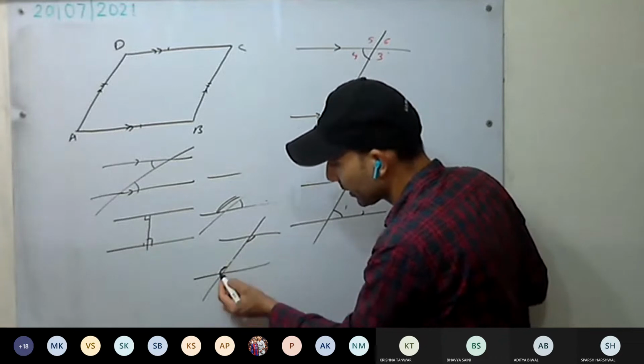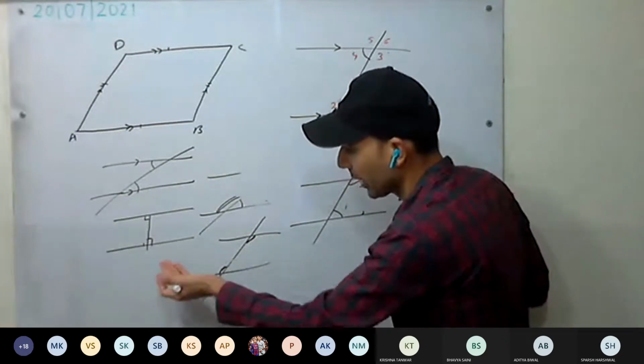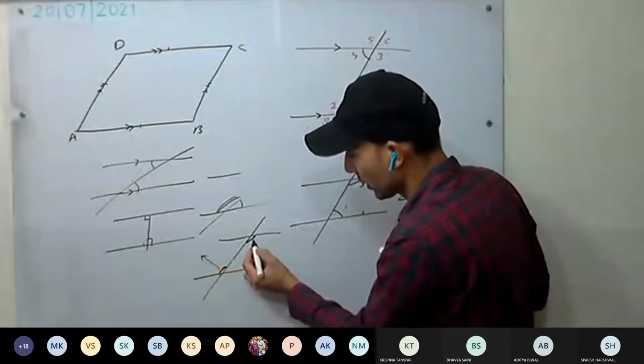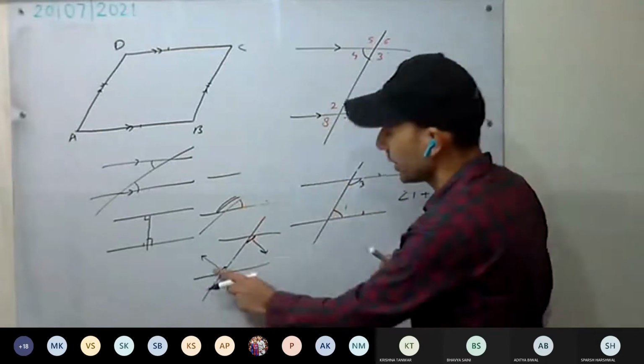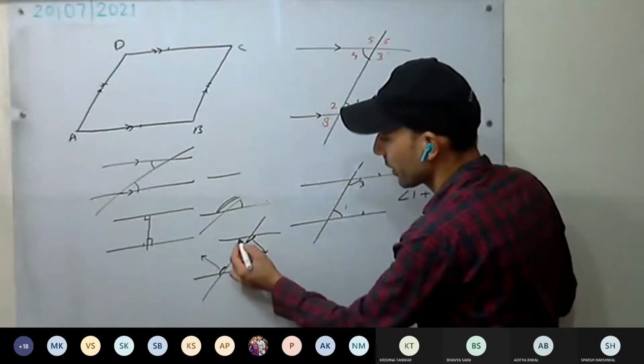Again, see here, alternate angles means the line we are having, these two parallel lines, this and this. You can see this line, they are alternate to the line. One is lying on this side, facing this one, the other one is facing the other way. So they are alternate. Okay, they are equal. Alternate angles are equal.